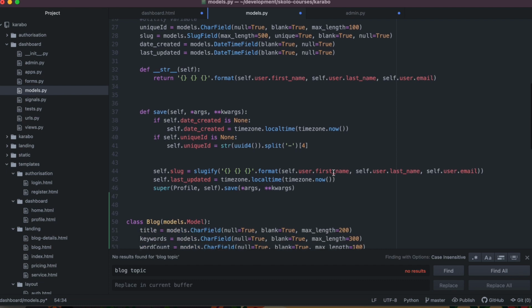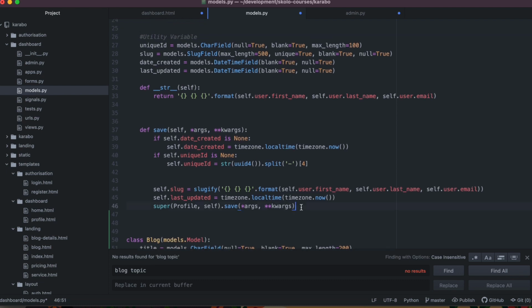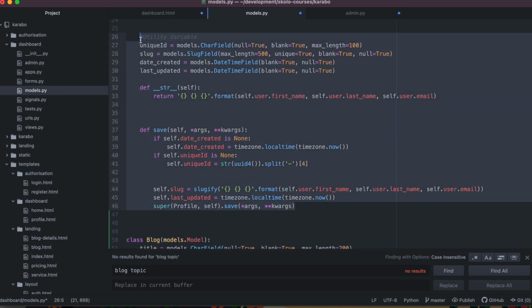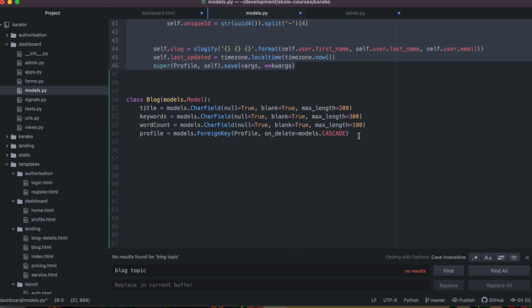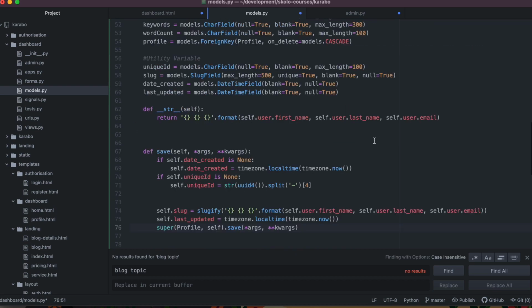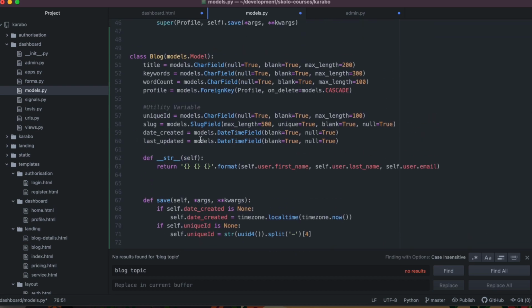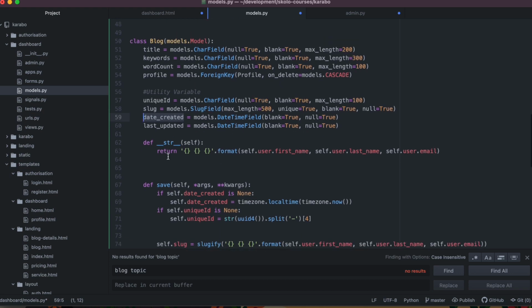And then what I'm going to do is copy these utility fields that I use every time. All right, so I'll have, as usual, my unique ID, so I can have a unique ID for the blog, a slug, which I will use for SEO and things like that, the first time it was created and the last time it was updated. The created date is always there within Django, but I like to define it in my model as well because I'm just used to doing it that way. And then the string